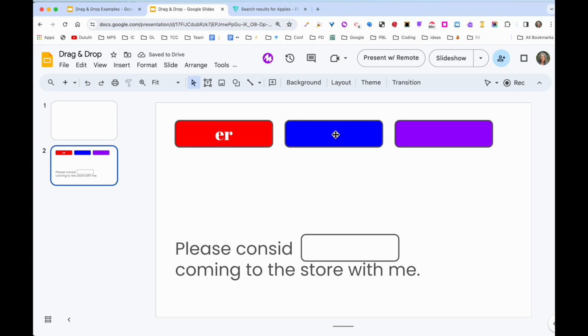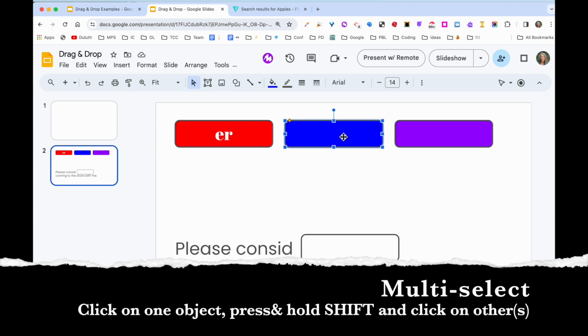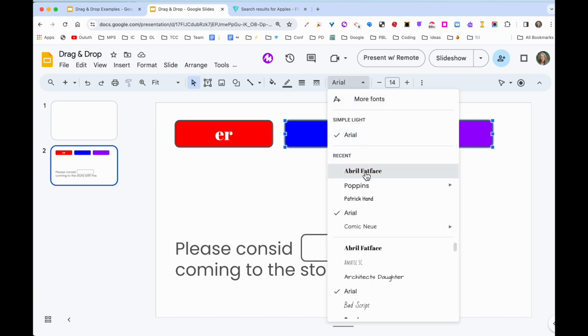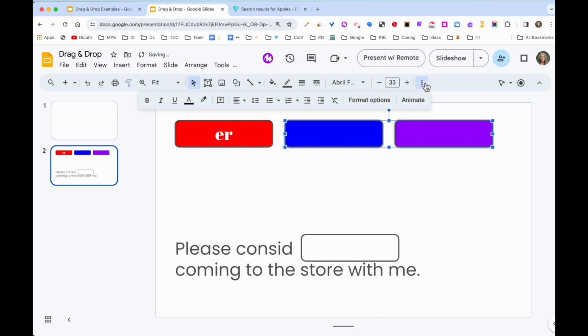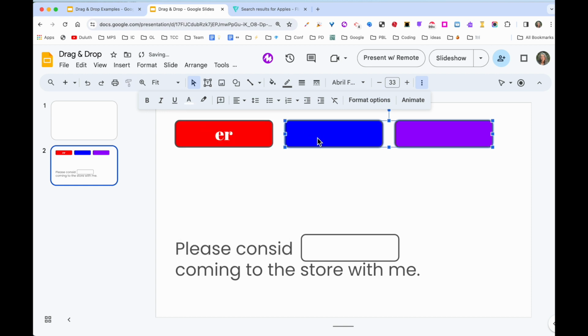If I wanted to do that same command, make it a different font with the same color and size, and I only want to do it once, I could multi-select my shapes. If I click on one, hold the Shift key, and click on the second, both of them are selected. Now whatever adjustments I make, it will apply them to both shapes, and I only have to do it one time. So now if I go back, pick my font, set the size, click on the 3 dots, change the color, and now I click off of it, click on one,